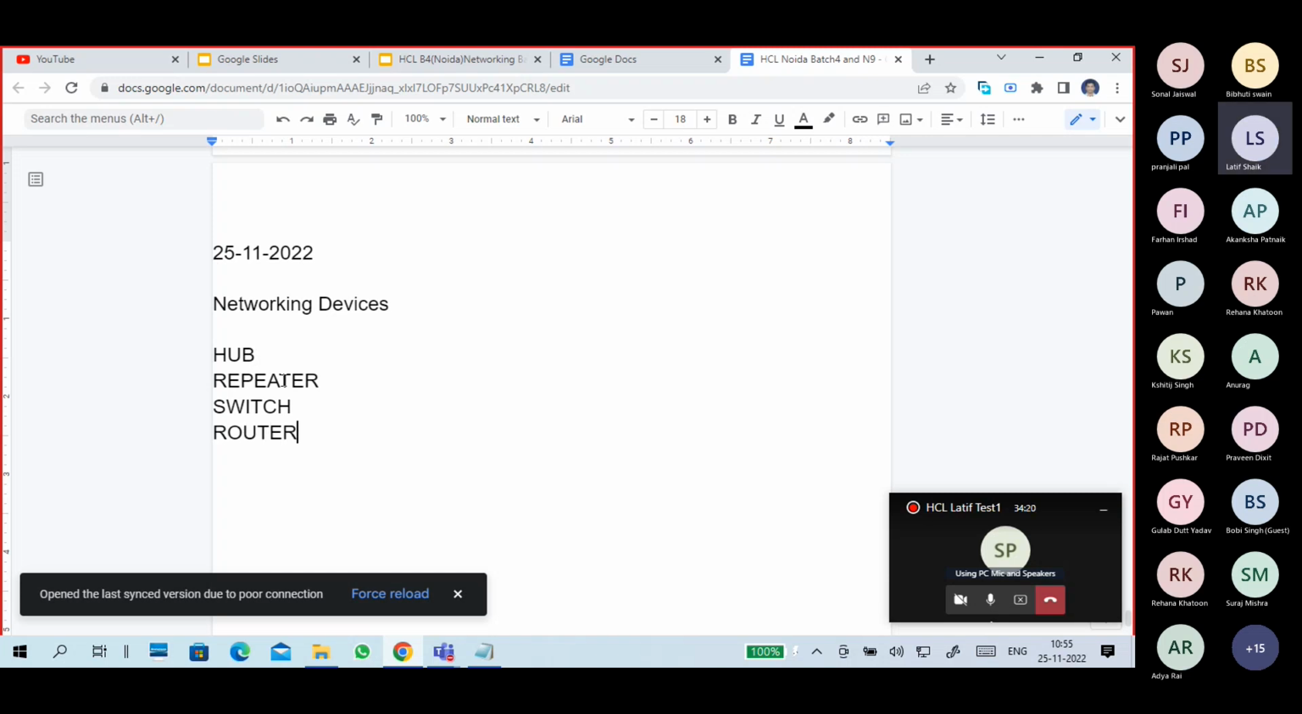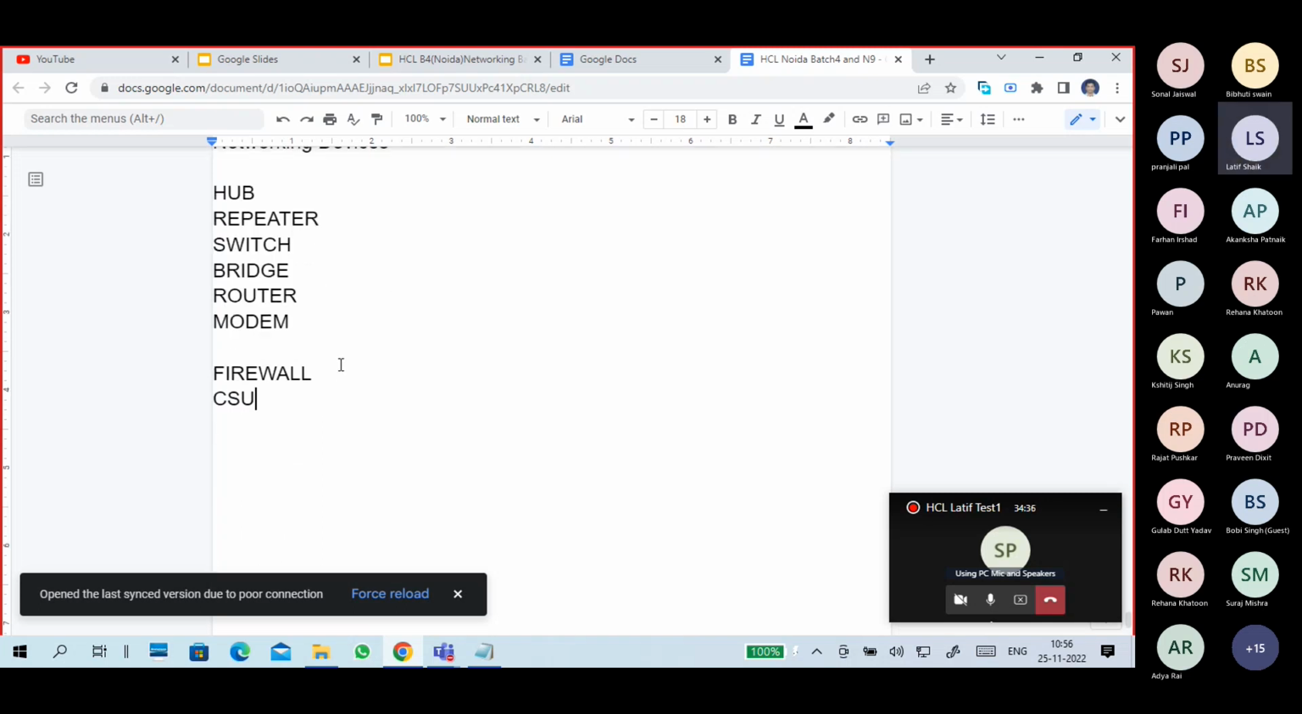router, bridge, modem. Of course, there are certain other things also, like a firewall, CSU, DSU units, IPS, IDS,